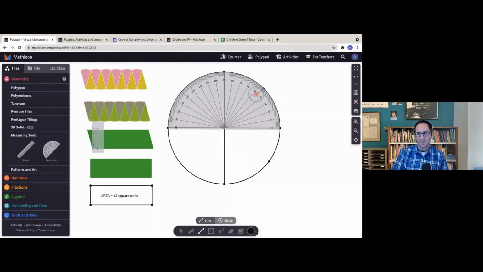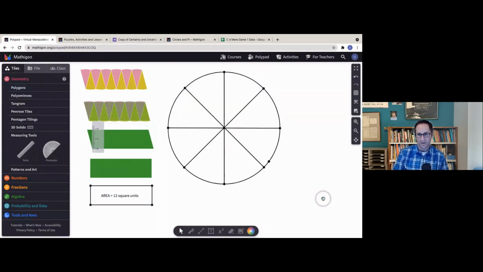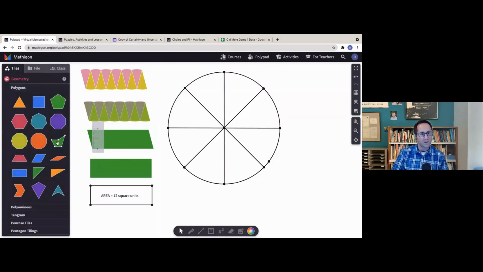It's all snapping in place here. I'm going right through the middle and snapping to the circle. What's this? 10, 20, 30, 40. There's 45. And then I can get the protractor out of the way. Oops, I don't want that line. I can get the protractor out of the way. And then I can use the custom polygon tool to then make all those pieces, unlike with the fraction bars.